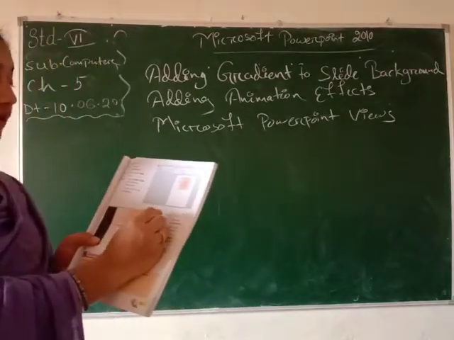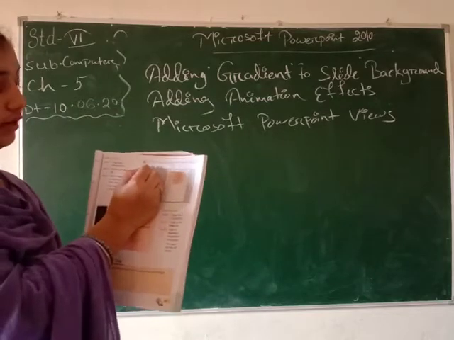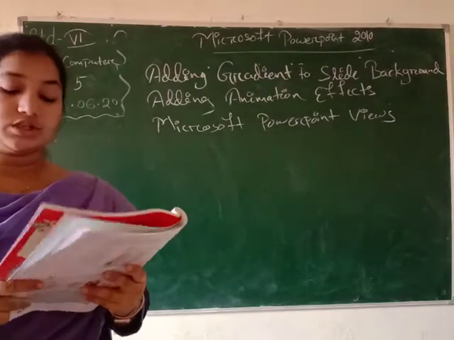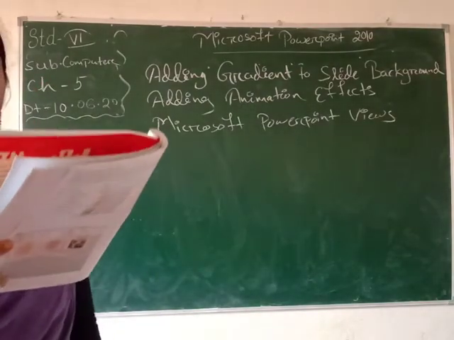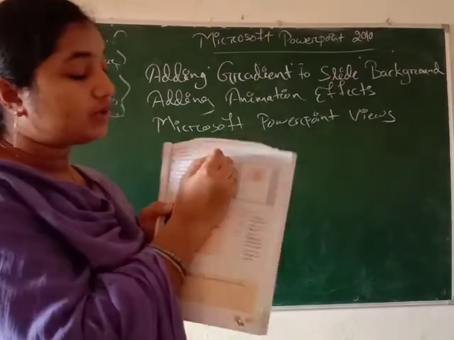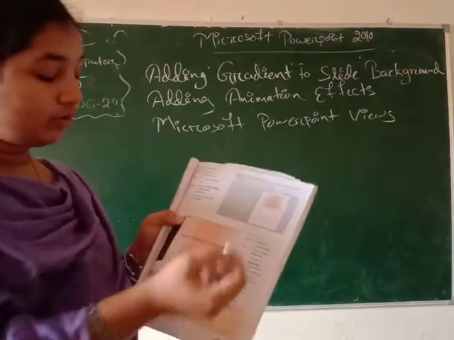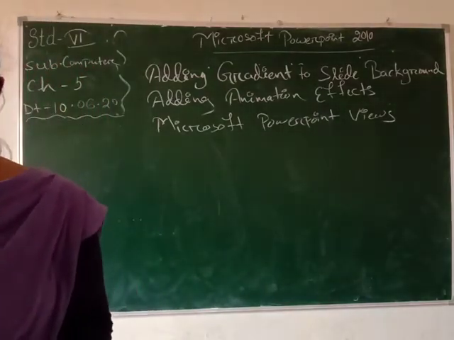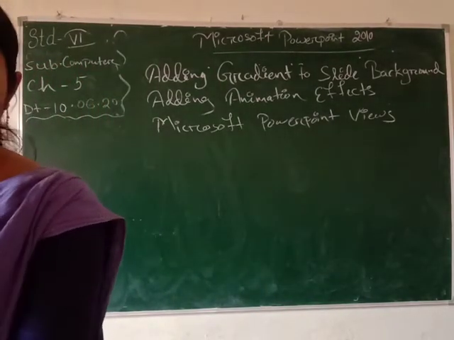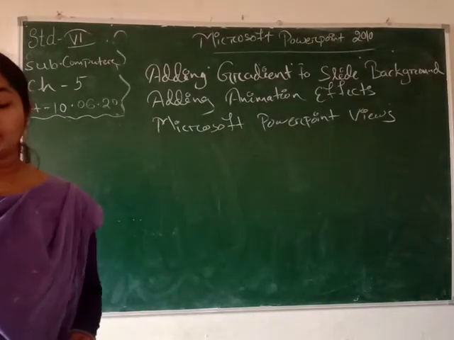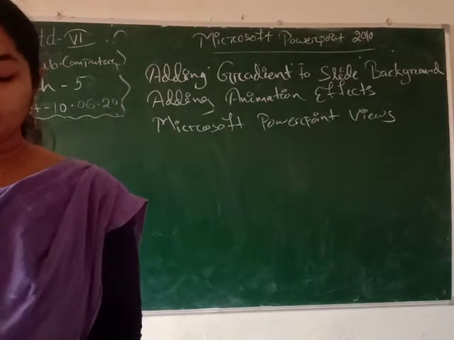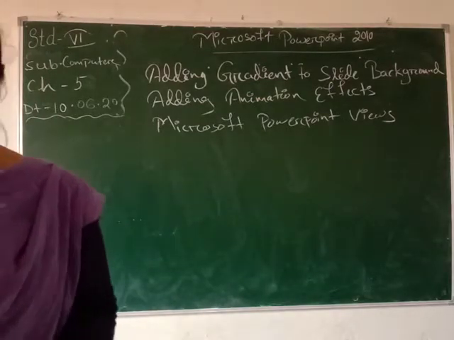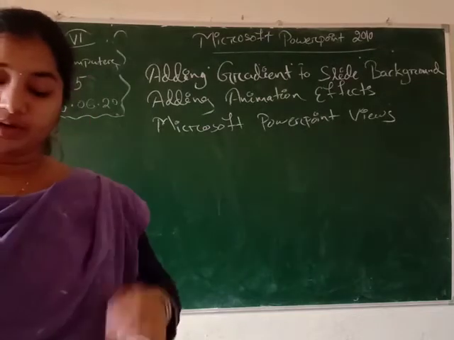And next is our reading view. You have seen there is also a reading view option. Again the same process. We have to open the presentation and click on the view tab. After clicking on the view tab, we have to choose the fourth option here, the reading view. This shows the presentation as a full page, so that we can easily read the slides. So the next is our printing in Microsoft PowerPoint 2010.